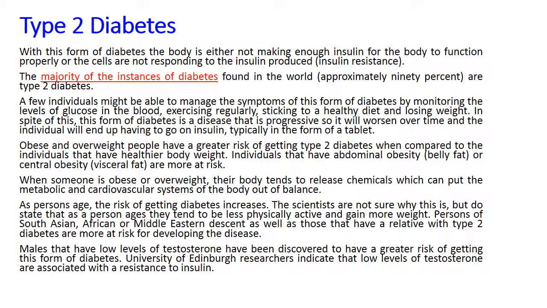In spite of this, this form of diabetes is a progressive disease, so it will worsen over time, and the individual will end up having to go on insulin, typically in the form of a tablet. Obese and overweight people have a greater risk of getting type 2 diabetes when compared